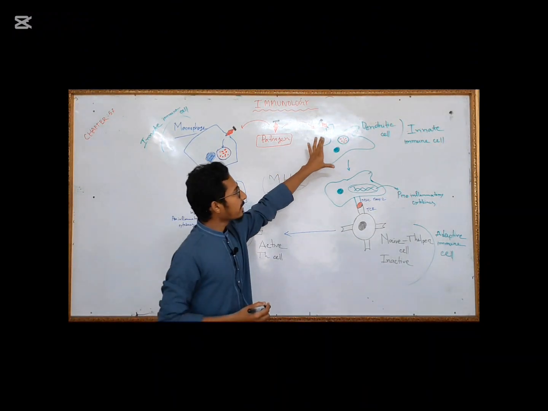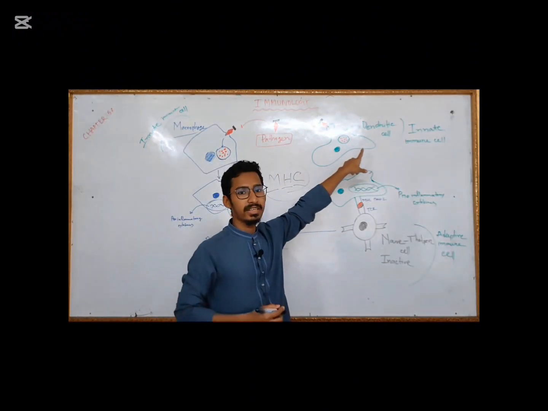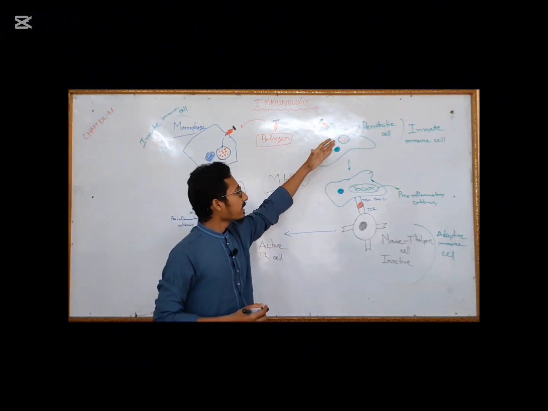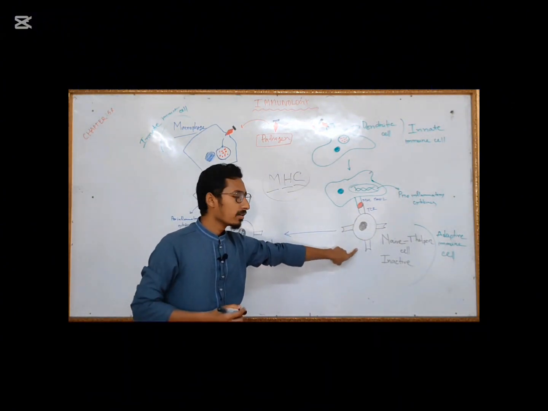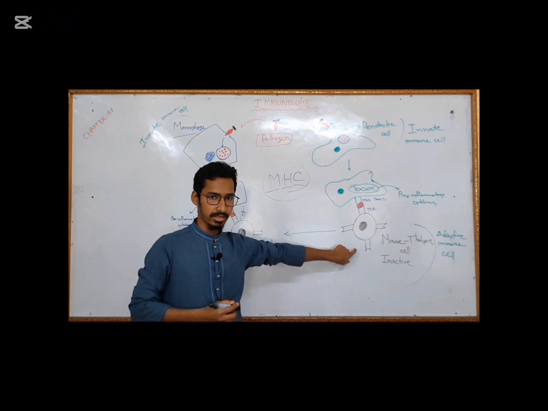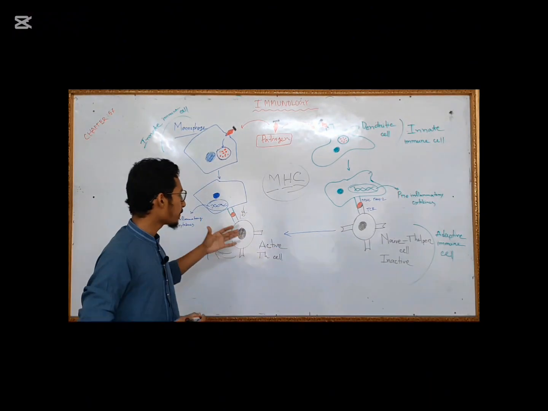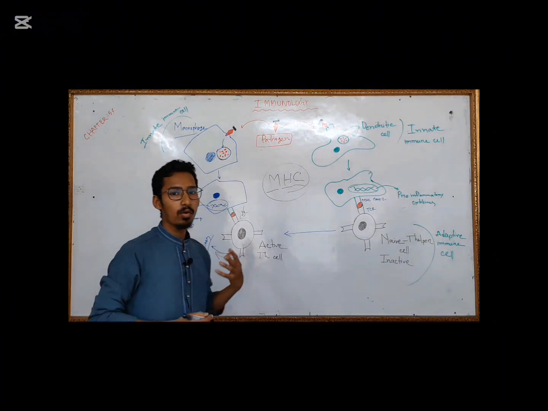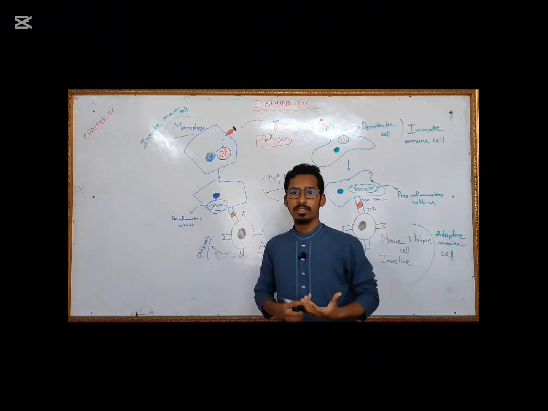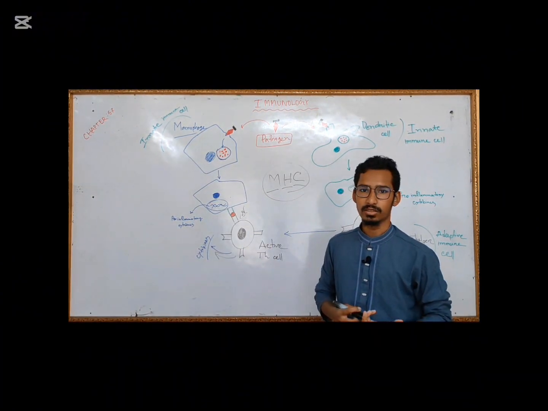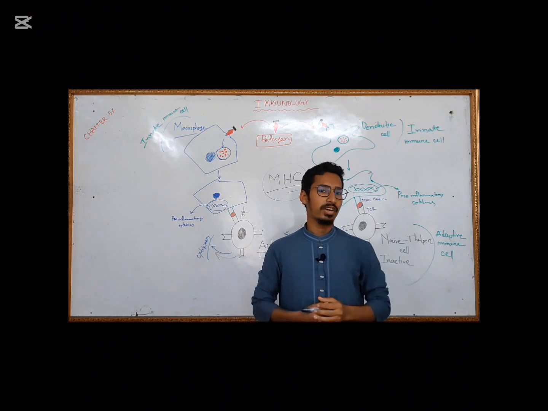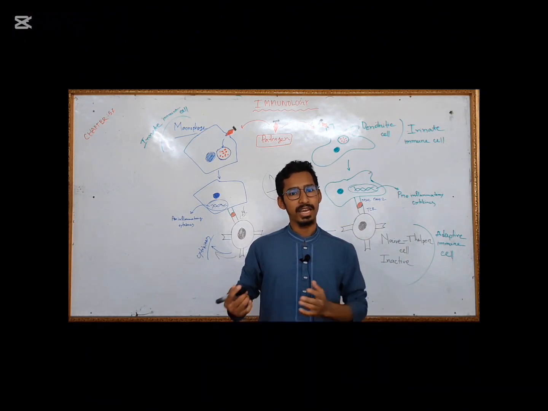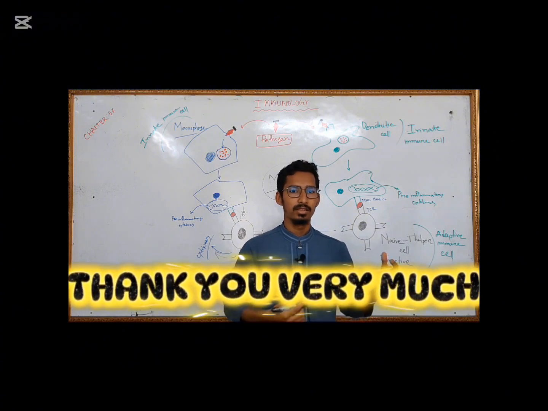First of all, this relation is formed by the dendritic cell, which is the main activator, because the dendritic cell moves to the lymph node where the T cell is present. This T cell comes to the peripheral tissue and activates the macrophage, and more inflammation and more killing of the pathogen occurs. I tried to establish a relation between innate immune cells and adaptive immune cells, and thank you very much.